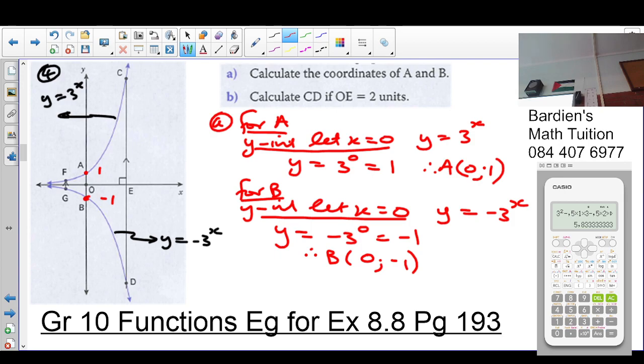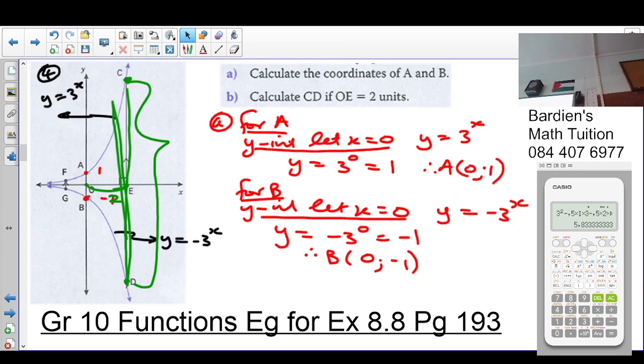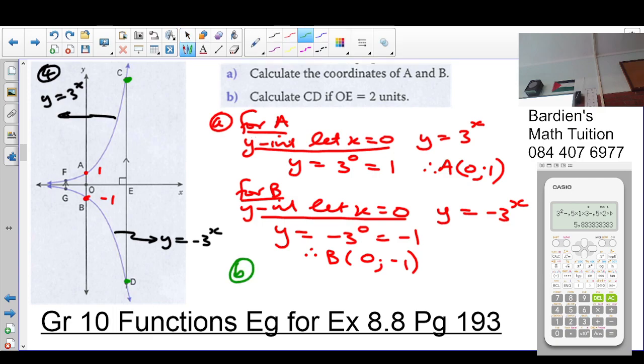Then I want you to calculate the length of CD. How do we calculate it if OA is equal to 2? So OA is equal to 2. So what's your x value on this line? What's your x value anywhere on that line? 2, not so? So how do you calculate the distance between two graphs? The top graph minus the bottom graph. So CD is equal to